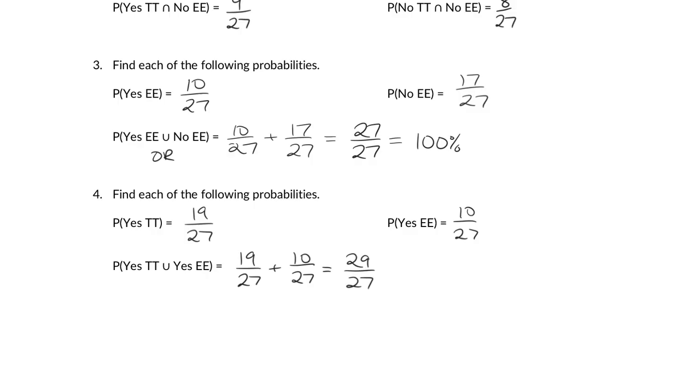Whoa, your spidey senses should be going off because 29 over 27, what do you know about that? That's over 100%. Is it possible for me to have a probability that's over 100%? No. 100% means it is certain that it is going to happen. 27 out of 27 means everybody in class is accounted for. I can't invent 2 invisible people. If you ever get a probability that's above 1, you need to pause because something's wrong. What's wrong with this? What did we do wrong?